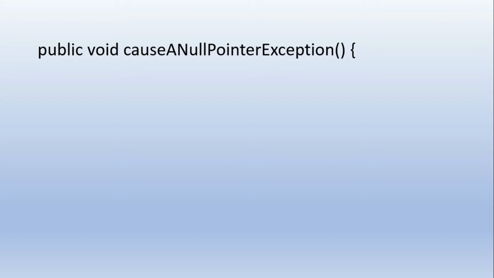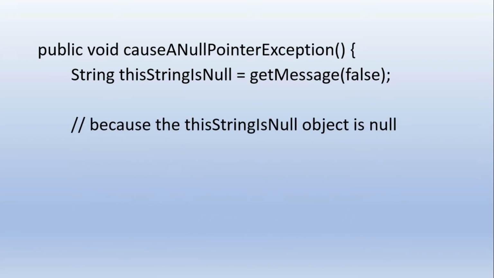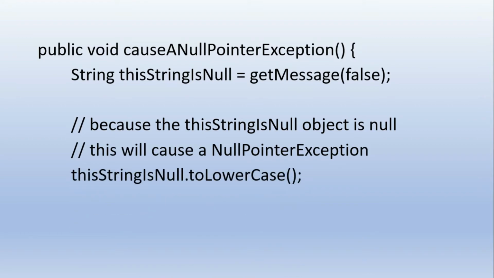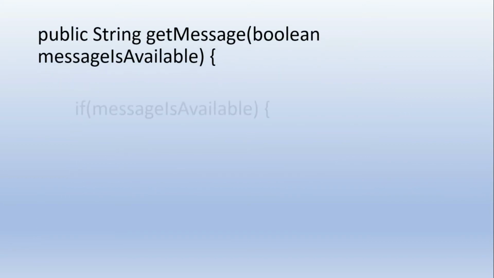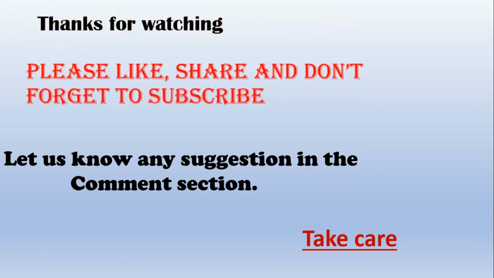public void causeANullPointerException. String thisStringIsNull = getMessage(false). Because thisStringIsNull object is null, this will cause a NullPointerException. thisStringIsNull.toLowerCase(). public String getMessage(boolean messageIsAvailable) { if (messageIsAvailable) { return message; } return null; }